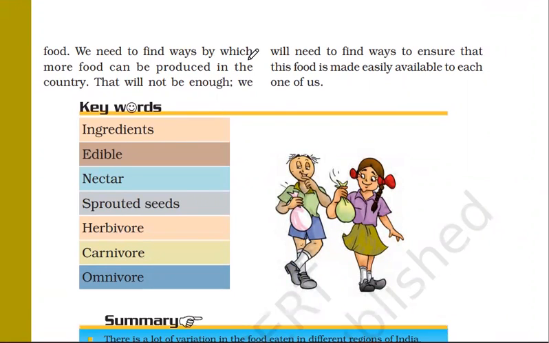So we need to find ways by which more food can be produced in the country. So हमें मतलब हमेशा हम रिसर्चेस करते रहते हैं जो साइंटिस्ट हैं, और हमें और भी तरीके खोजने चाहिए ताकि हम ज्यादा से ज्यादा जो फूड है वो प्रोड्यूस कर सके कंट्री में. Because according to the population, this much of food is not necessary, right? So there is always a need to find ways to ensure this food is made easily available to each one of us. Okay, so here the keywords of the chapter are, we have learned ingredients of various food items,